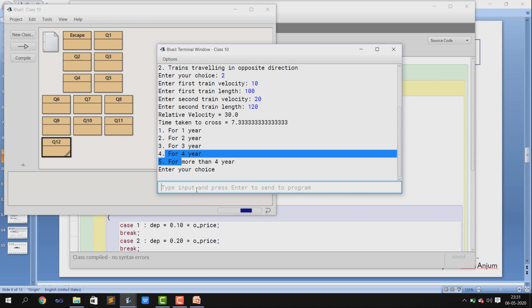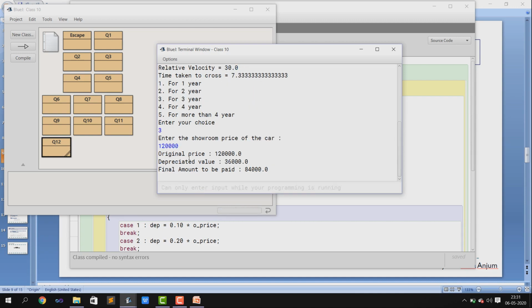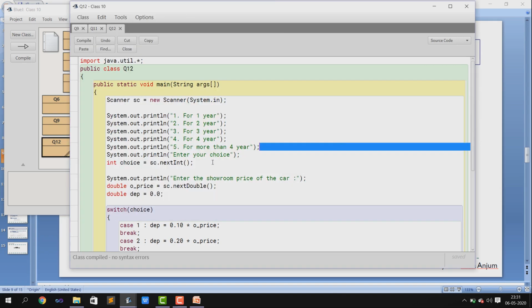So let us try for the third year. Enter the showroom price of the car. Let us say 1,20,000. Now all these are the values: original price, your depreciated value, and your final amount to be paid. So basically this is how you are going to do your 12th question,